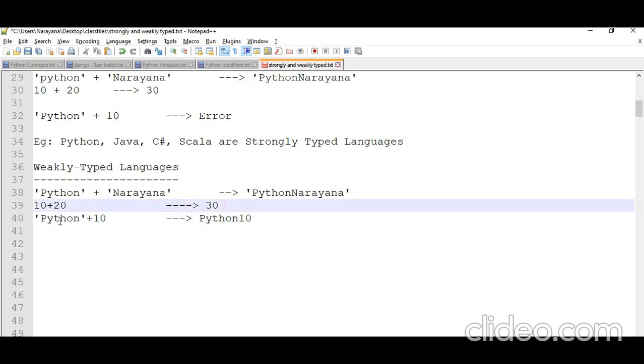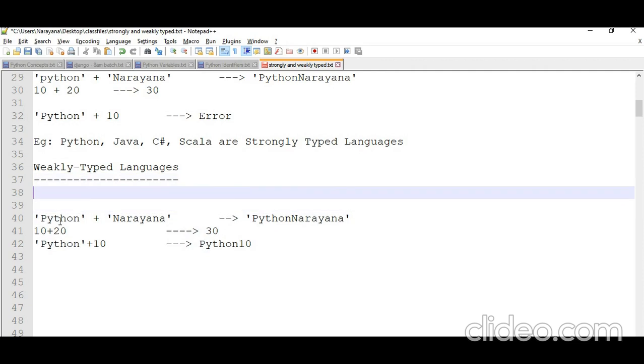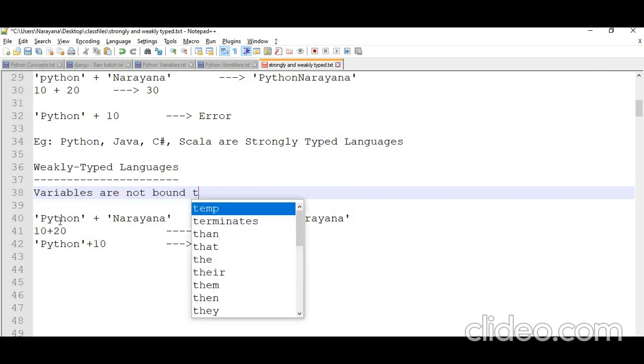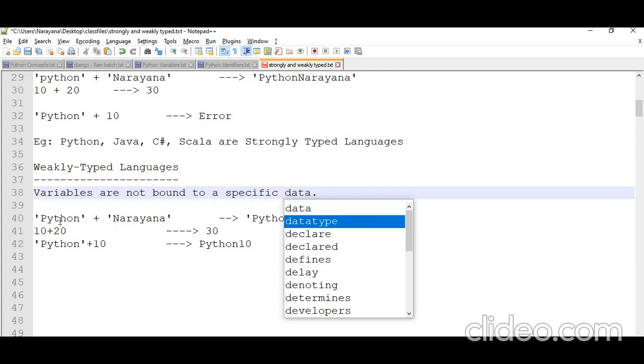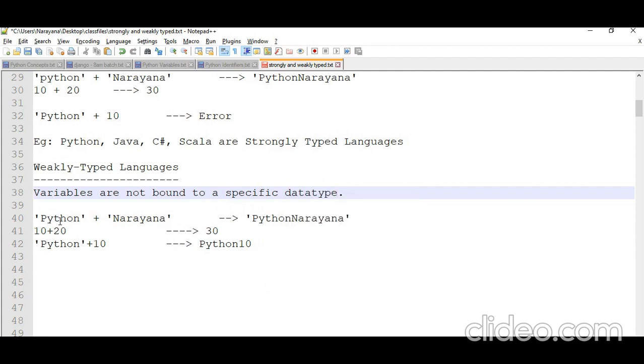That's why in these languages, variables are not bound to a specific data type. That means we can take any two types of values, and it performs the operations.